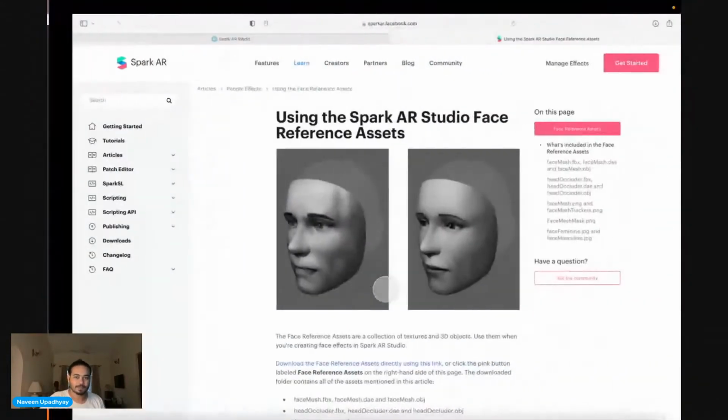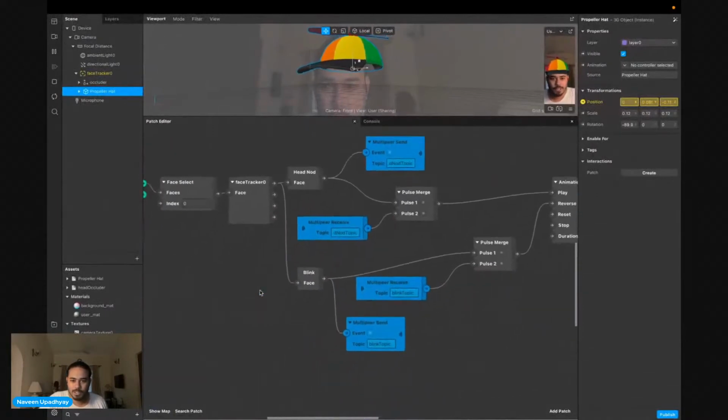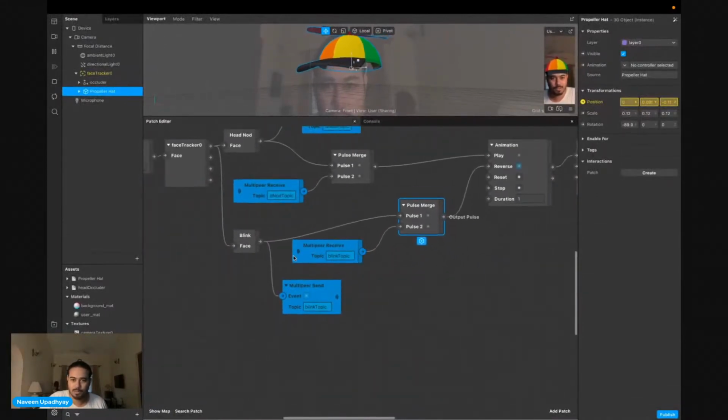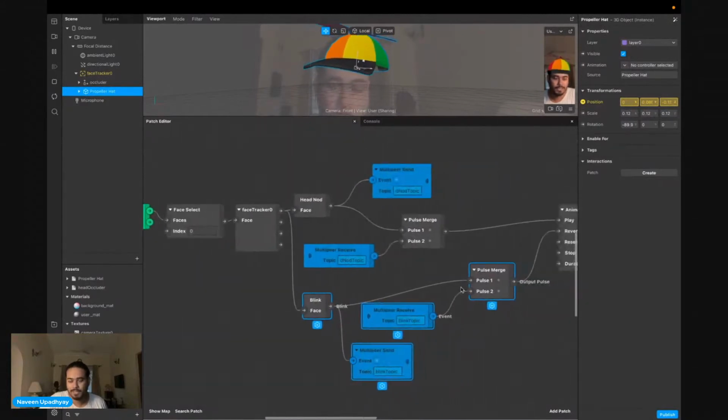So let's do this: if the hat is on my head, then only I should do this blink change. So to detect it, how do I make sure that the hat is on my head?